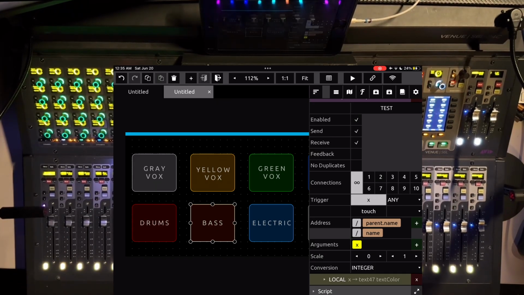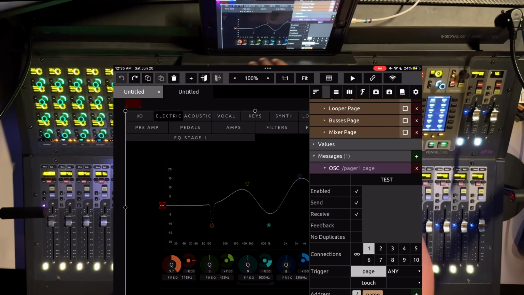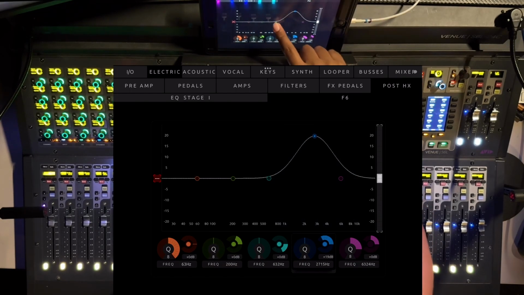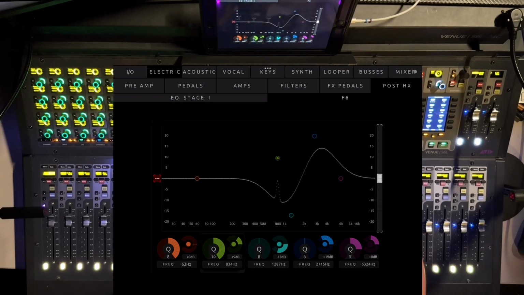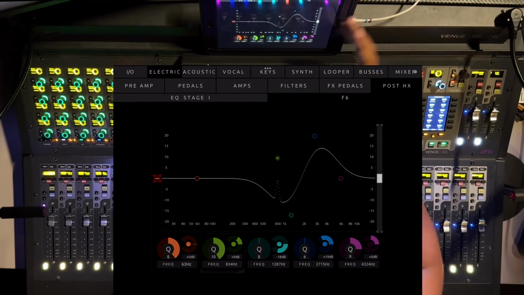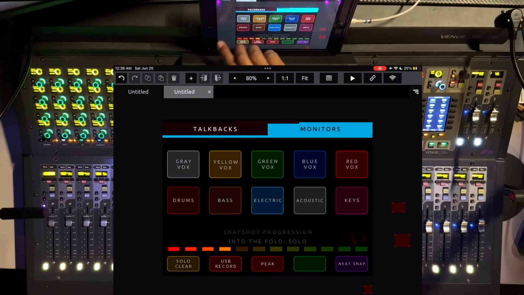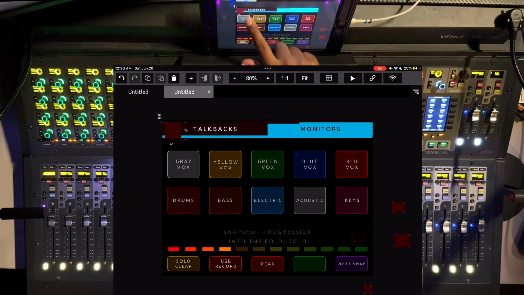We're talking to Alex about maybe getting some of that stuff so we can add buttons and knobs and all kinds of stuff. I actually, over here, have a full-on EQ that I built with the help of somebody else. So if we can do stuff like that, that'd be super cool to have, but not yet. If you come in here and play with this, you can just make a new button,